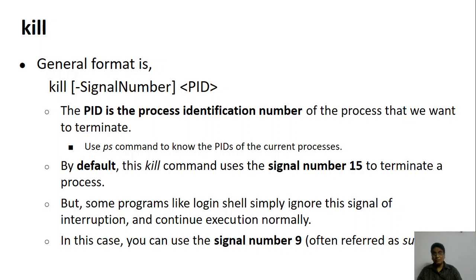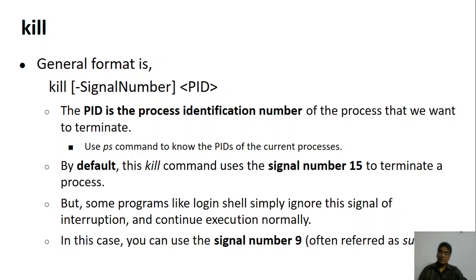If you use the lower numbers, 0, 1, 2, don't try to use them blindly. Use the manual file. I can't explain everything in a short video over here. Use the manual file to know which one is the right one to use. So signal number 9 usually means a forceful termination of the process, asking it to just cut it out from the system.